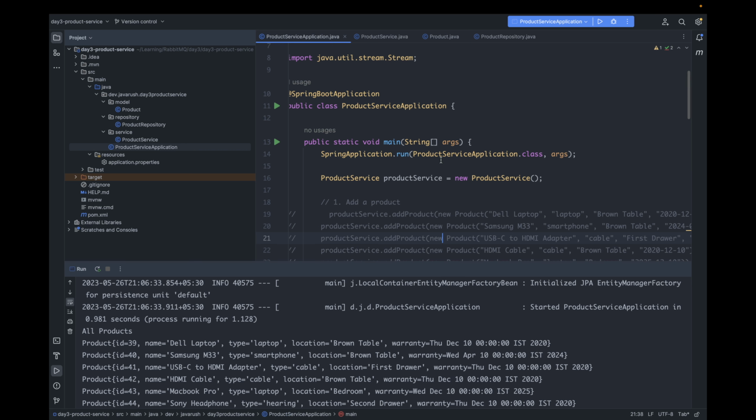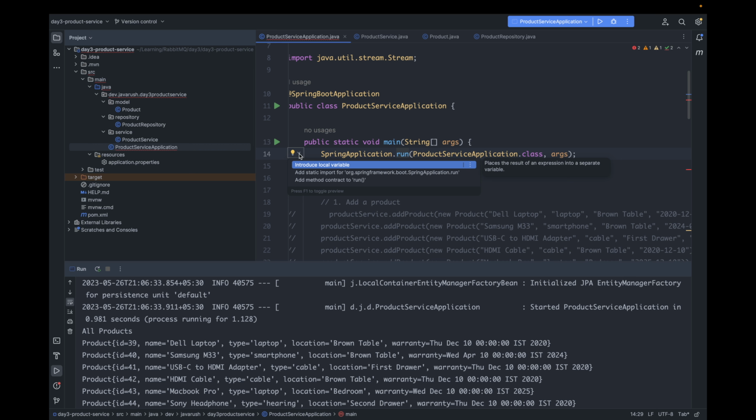Yeah, this application. So now I want to discuss something called beans in the Spring framework. In the Spring framework, generally we don't need to make objects of services, repository, these kind of things. Spring will already manage that. What we need to do is, instead of initializing it here, we can tell Spring to provide us an instance of product service. For that we need something called context, and this SpringApplication.run method gives us that